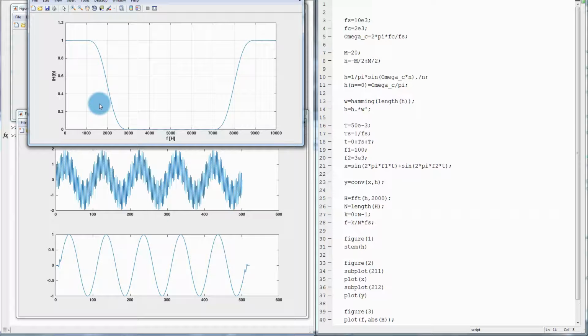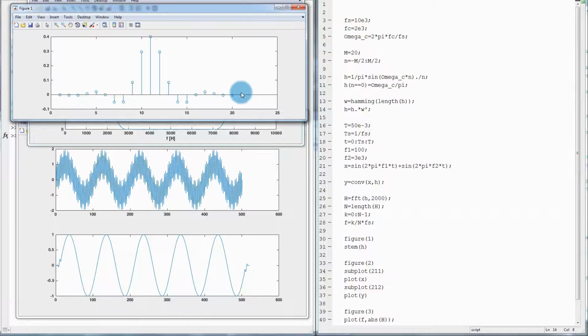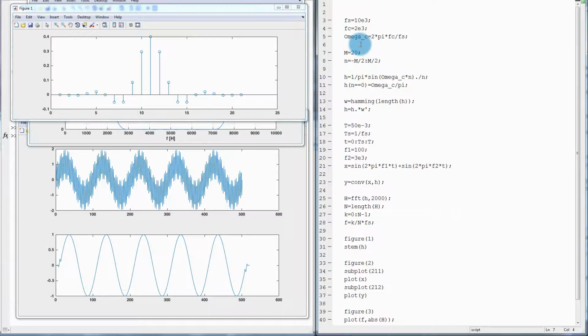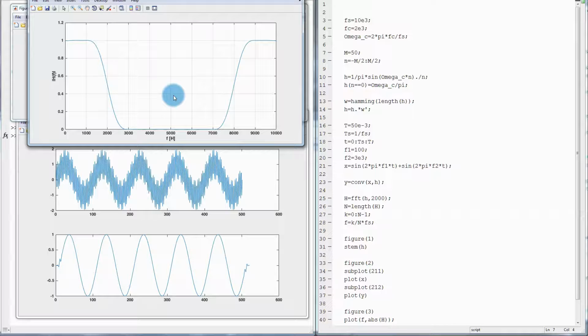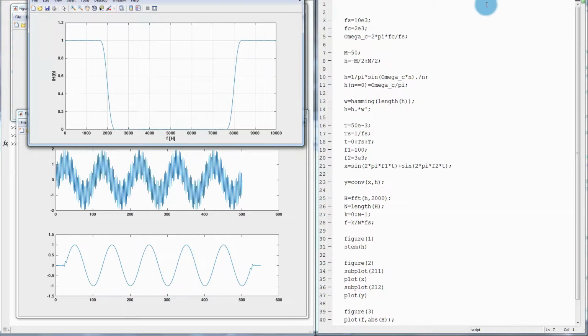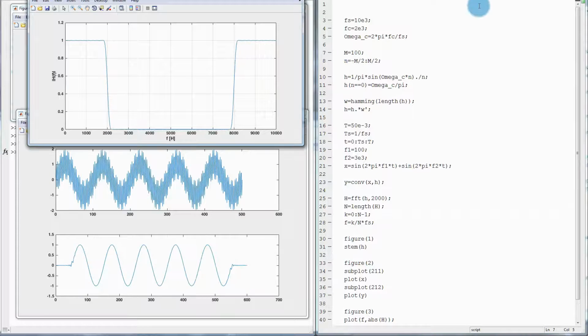Well, from the lecture you need to increase the length of your impulse response. You need to take more samples. That means that you need to increase the order of your filter. So let's try it out, and let's increase the order to 50. This is my original frequency characteristic, and now that I recompute it, you can see that it is steeper. This transition band is more narrow, and when I increase this even more, I get this, and even more,